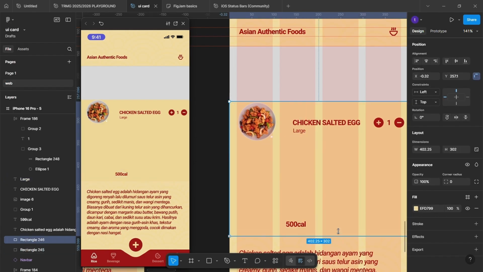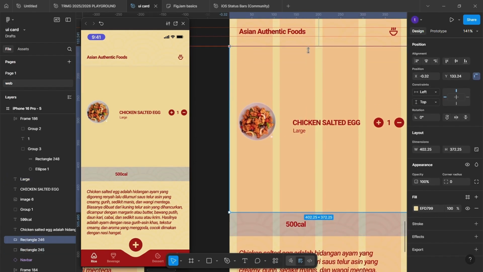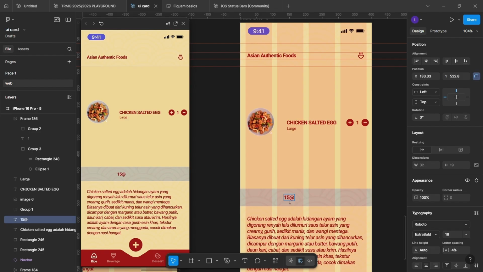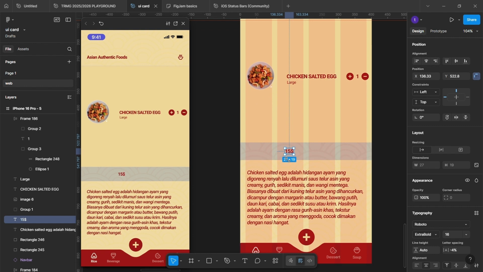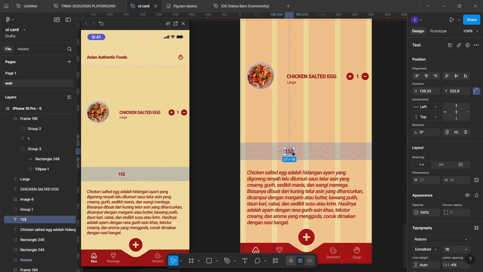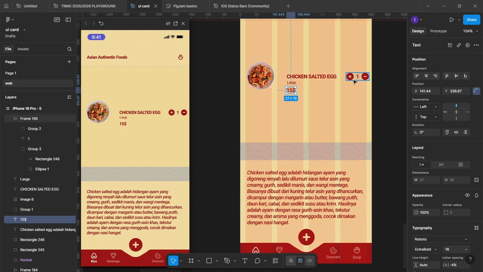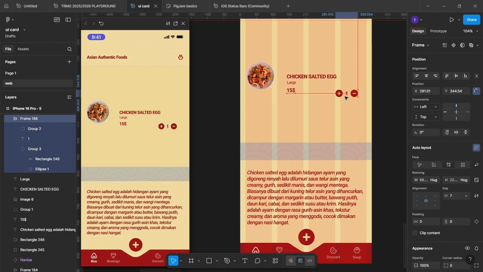For the first one, I try to add a title about my food and a picture of this food, which is chicken salted egg from Singapore. I haven't even tried this Singapore traditional food yet, but I think it would be delicious, guys. So this is I try to make